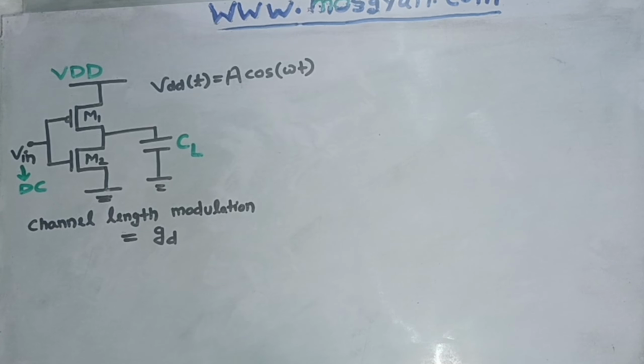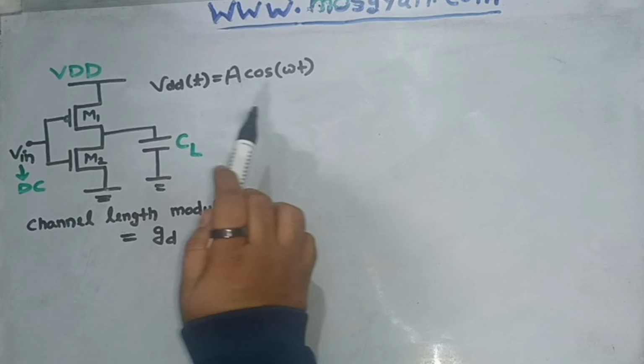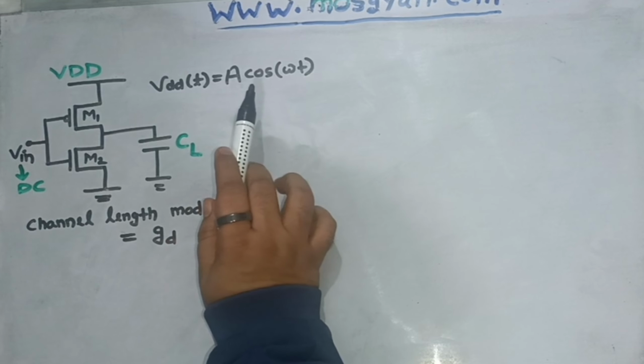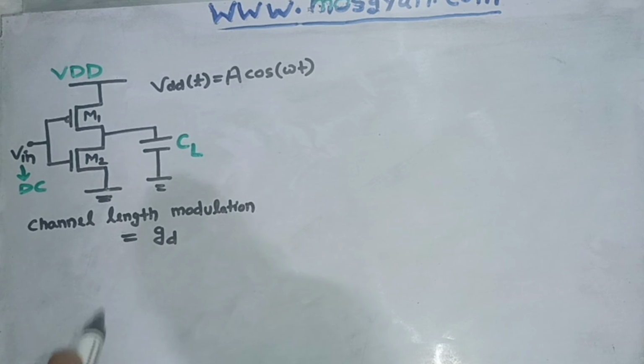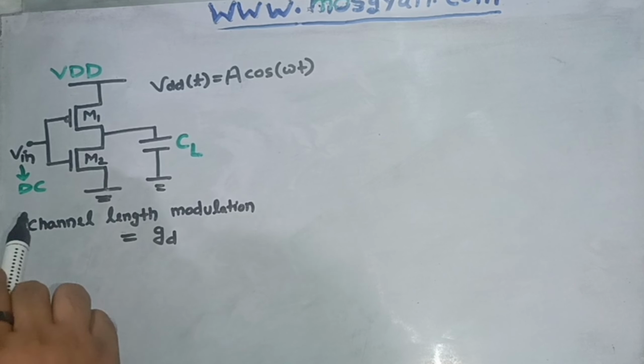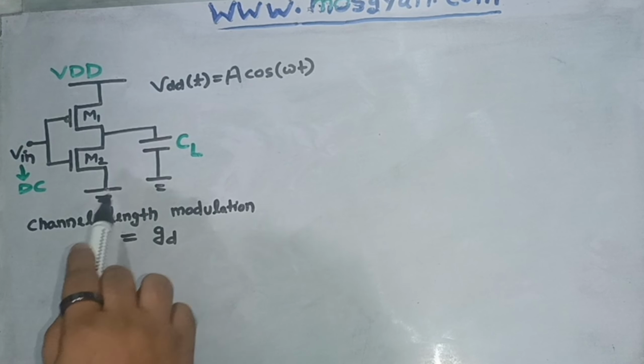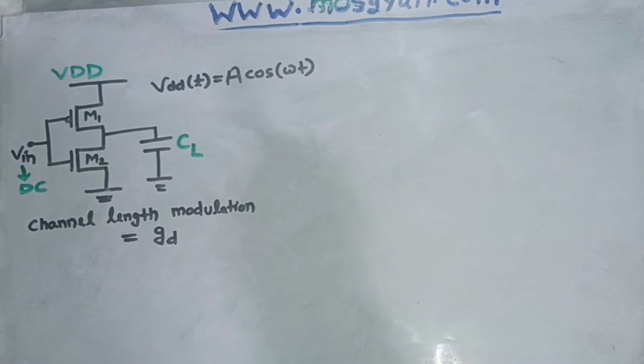In today's video, we have been given one question in which a CMOS inverter is used, and the supply used for the CMOS inverter is given as VDD, which has a ripple defined by A cos omega t. So this is a varying supply applied to the CMOS inverter. The input applied to the CMOS inverter is DC in nature and the output has a capacitive load connected. We need to consider the channel length modulation, whose parameter is defined by GD for both the PMOS